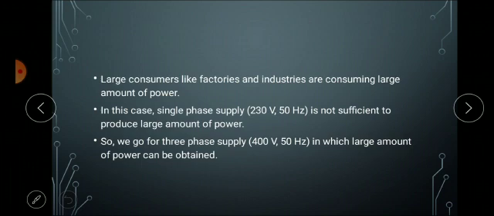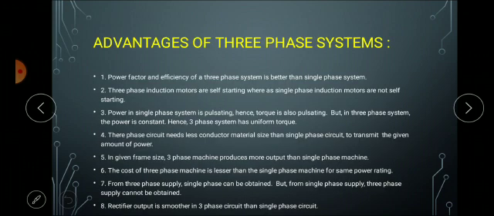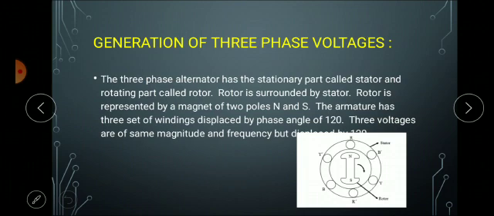There are several advantages of using three-phase supply systems as compared to the single-phase system. In a three-phase circuit, the total power is more nearly uniform, unlike a single-phase circuit. For a given power rating, a three-phase alternator is smaller in size. Three-phase induction motors are self-starting, unlike single-phase induction motors. Three-phase machines have better power factor and efficiency. For the same size, the capacity of the three-phase machine is higher. Generation, transmission and utilization of power is more economical in the three-phase system compared to the single-phase system.